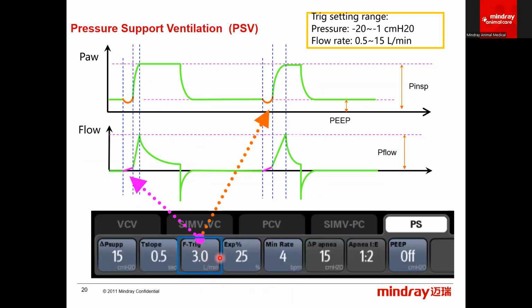So as you can see, we have our trigger described here. It's just the change in flow rate from the baseline that we have flowing to our patient to begin with. And this can be anywhere from half a liter to 15 liters per minute in terms of our flow rate trigger. We can also set your trigger in general to be a pressure change, so if you want it to be -3 centimeters of water,